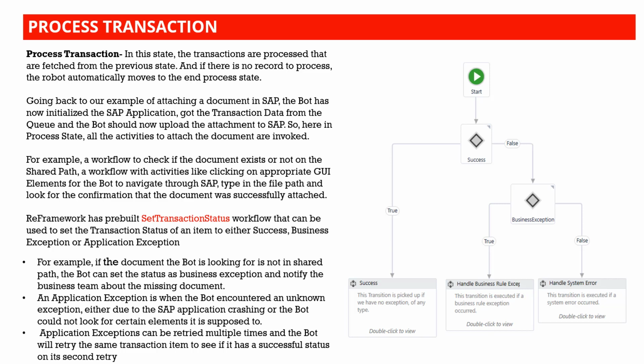which is the end process state. Going back to our example of attaching a document to SAP, the bot has now initialized and the SAP application has been launched. We have launched that in the init state. We got the transaction data from the queue. So we have data from the queues. Now what does the bot need to do? The bot should upload the attachment to SAP. So here in the process state, we will write only activities or include the workflows